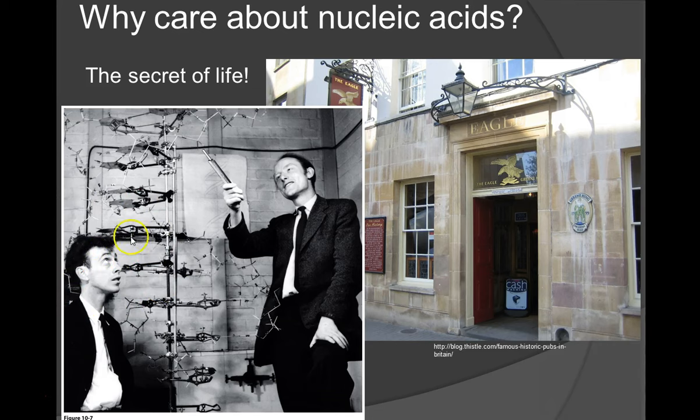And so they came up with the correct structure for DNA. And when they came up with it, they were so excited that they ran down to the local pub in England. And one of them, as they went in the door, yelled out, "I have discovered the secret of life." So this was how important knowing the structure of DNA was for the function of DNA, and thus the function